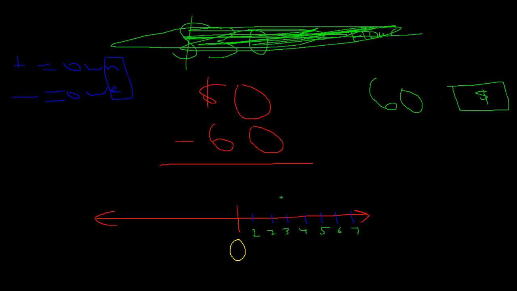This place right here is considered the positive side of the number line, because these are all positive numbers. And on the other side, which I'm going to do in yellow as well,